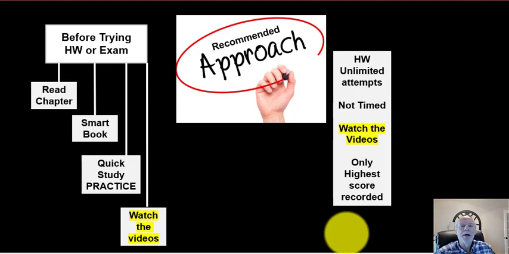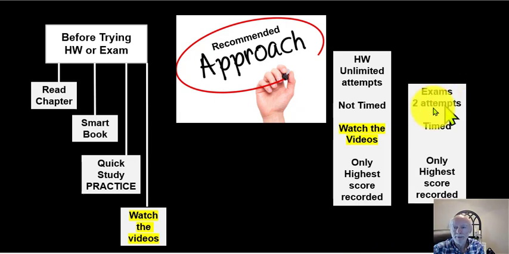Now, sometimes when this highest score is recorded, it records it perfectly in Connect, which is the McGraw-Hill platform we're going to use. But sometimes when it transfers over to Blackboard, it does an average. Why, I don't know. I've had tech support from McGraw-Hill and Blackboard look at this several different times. Nobody seems to know why this happens, but it does happen sometimes. If it happens to you, keep in mind that on this video I reminded you that I'm only going to record the highest score, and all the grades that I record in the grade book are going to come from Connect, not from Blackboard. So keep that in mind.